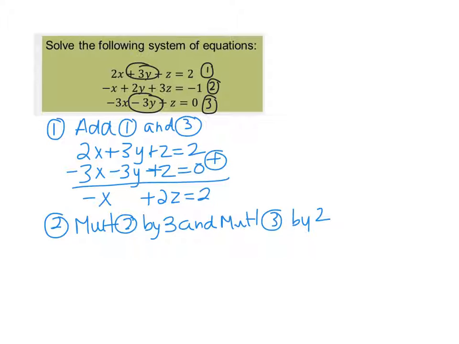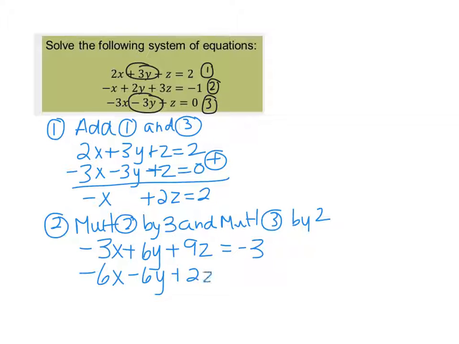So to multiply equation 2 by 3 would give me negative 3x plus 6y plus 9z is equal to negative 3. And multiply equation number 3 by 2 would give me negative 6x minus 6y plus 2z is equal to 0. And when I add those together, I would get negative 9x, the y's would cancel out, plus 11z is